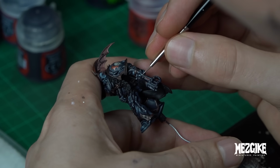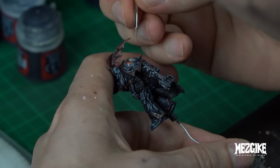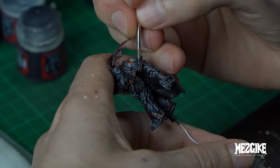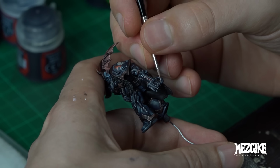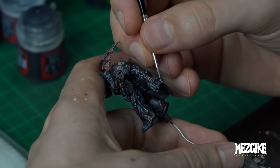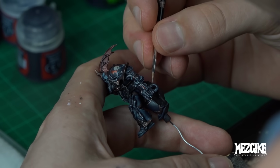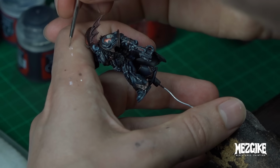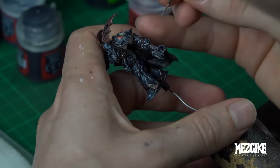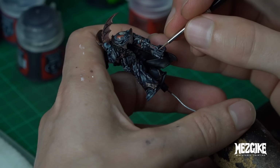But generally speaking, we want just little dots like this on the prominent areas, on the corners where there are tears, or on the peaks of any little knobbly bits or bulging bits from these pipes. Bits like this where it's protruding out of some kind of metal joint. And try not to go overboard with it. You can see how in this shot right here, the whole model has got a bit of a shine thing happening. So we've got shine on the armor, shine on the tip of the toes there, bit of shine on the metal